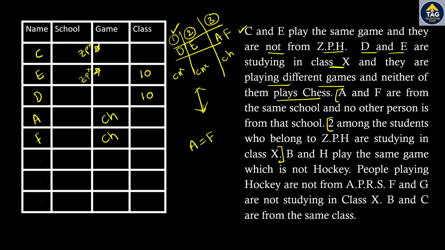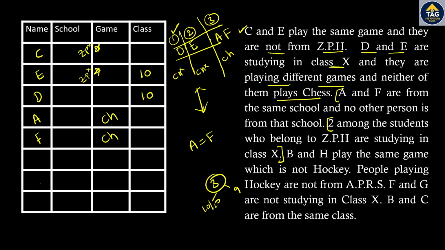Previously, we discussed that in any given school, you should find at least 1 student from class 9 and at least 1 student from class 10. Now, it is mentioned that 2 among the students who belong to ZPH are studying in class 10, which means that along with the 2 students who are in class 10, you should also observe one more student who studies in class 9. So, I am sure in ZPH, you observe 3 members. Among these 3, 2 are from class 10 and 1 should be from class 9. Now, it is also clear that